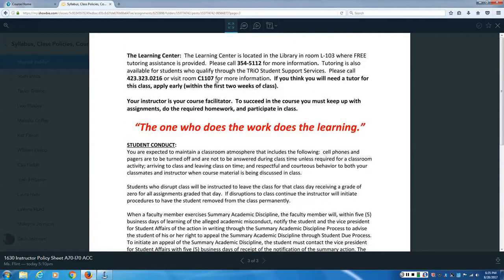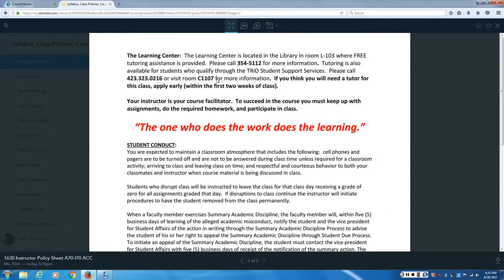If you don't know where the Learning Center is, I would encourage you to be familiar with it. They don't have evening hours as late as they used to, but they do still have some evening hours. I gave you their phone number there. If you qualify for a TRIO tutor, you can probably get a TRIO tutor that works around your schedule. If you think you're going to need a tutor, don't wait,